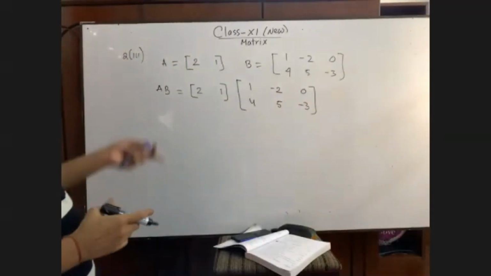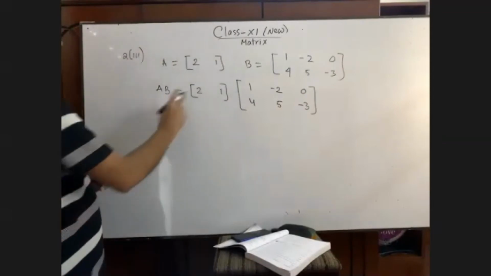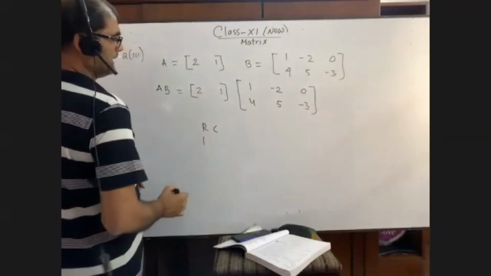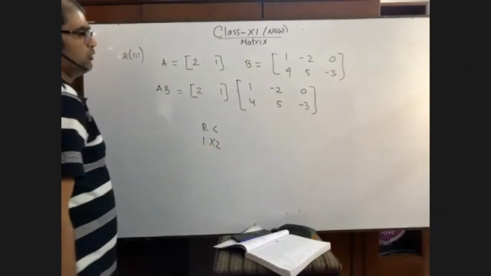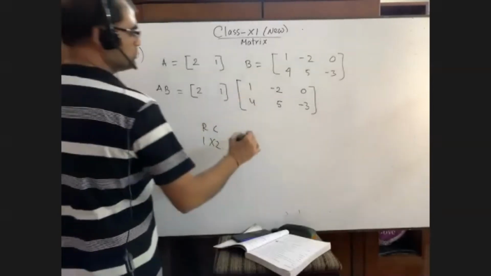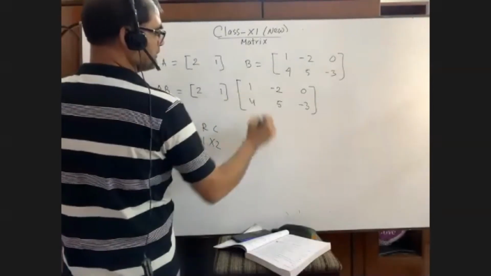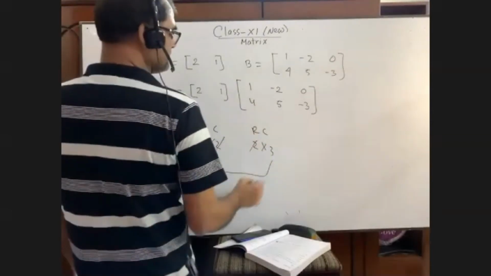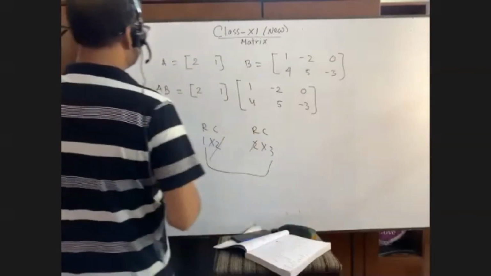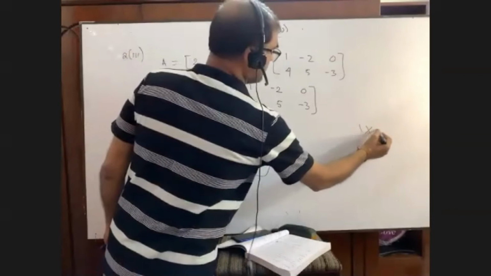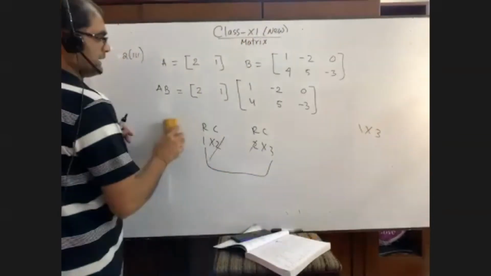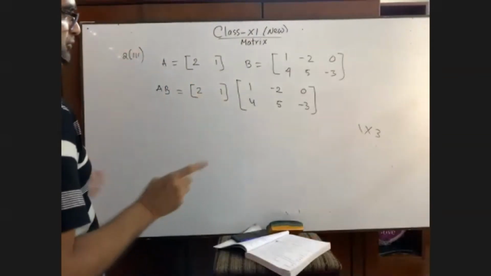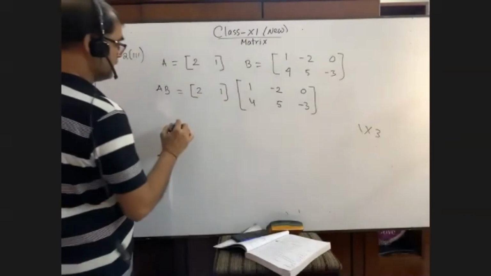Okay. Now you find it. How many rows are there? That is 1 row and 2 columns, right? 1 by 2. And it is 2 rows, column 3. So these two will be omitted. We will get a new matrix of 1 by 3 order. You just write it that 1 by 3. Now 1 by 3 means 1 row, 3 columns. Very interesting math.